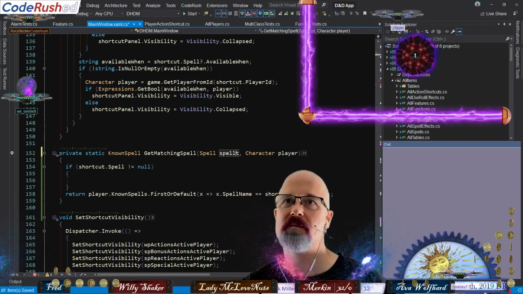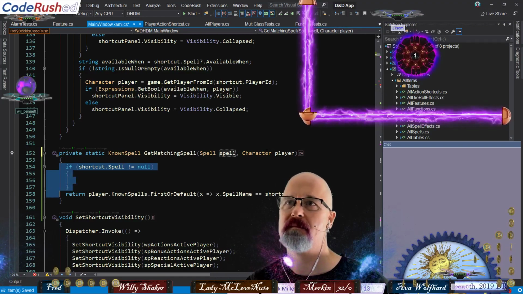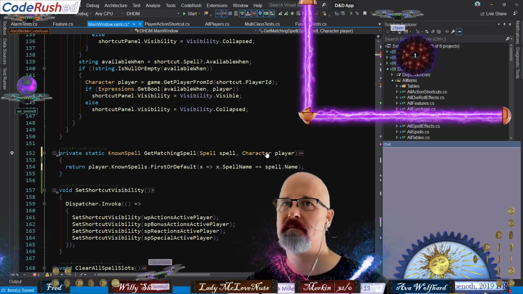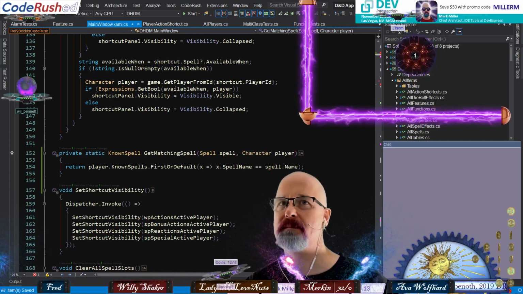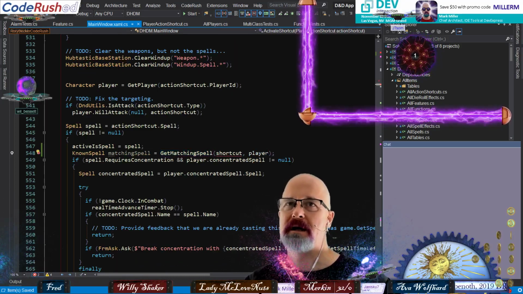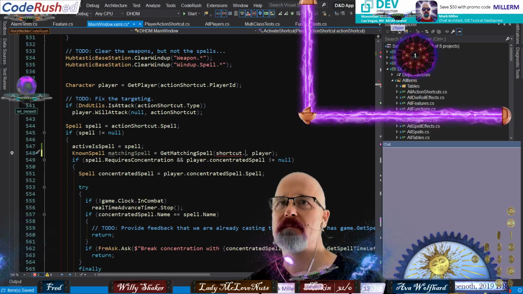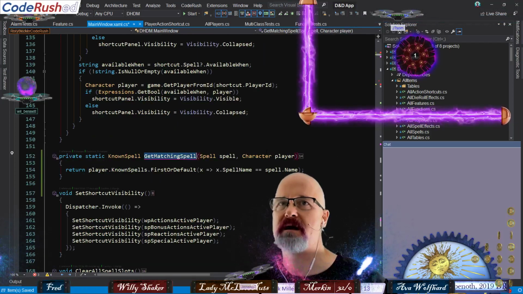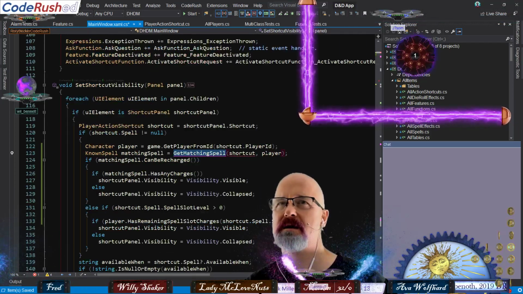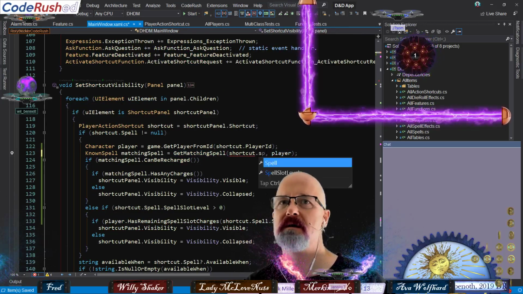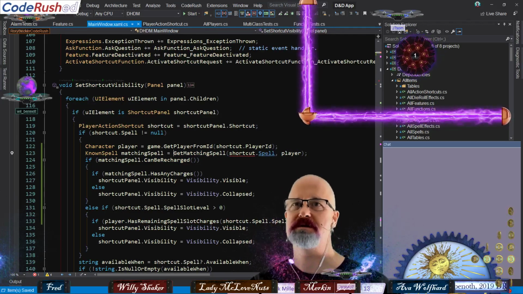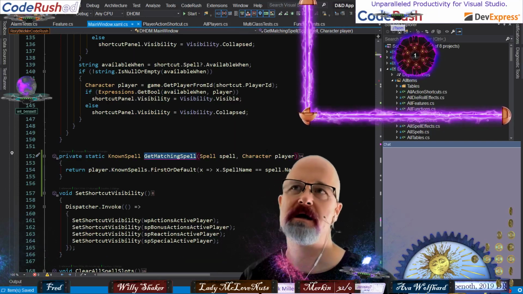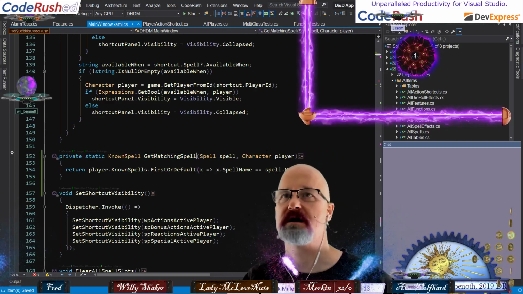I think the way I've got around that in the past is normally to do an extract local or declare local for the shortcut.spell, but it's harder to do that in a lambda situation because it's captured within there. So yeah, it doesn't quite work. Okay, so this is going to be the shortcut.spell, or wait, this is just the spell we're passing in here. And let's go get that other one. It's going to be shortcut.spell here. Like that. Okay, that's what I wanted it to be. Yeah, so decompose parameter. CodeRush Classic had the ability to do those things I'm talking about. CodeRush for Roslyn does not, and so I want that fixed, guys.